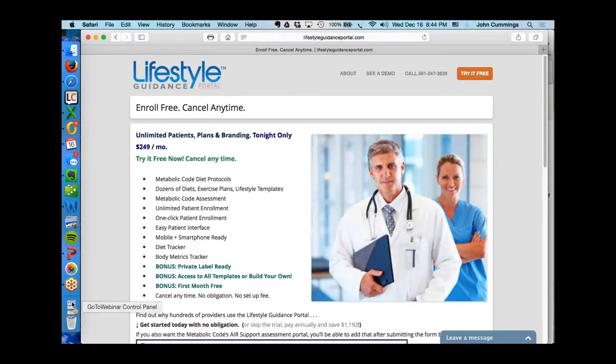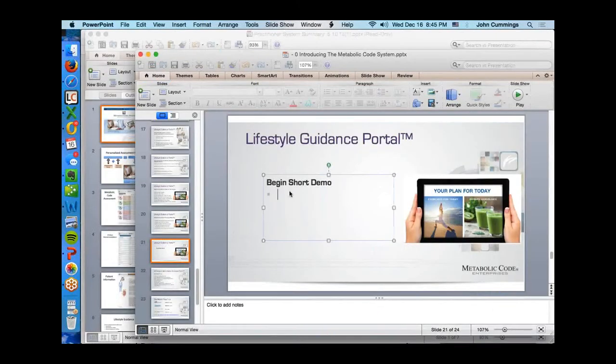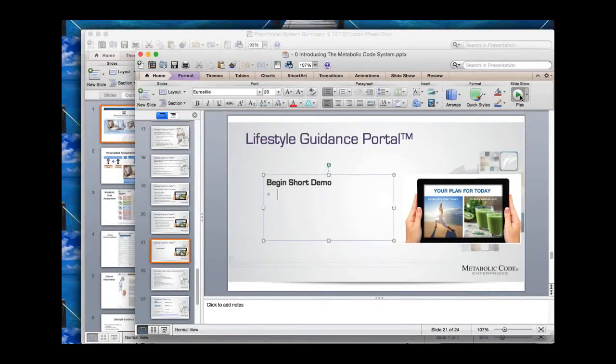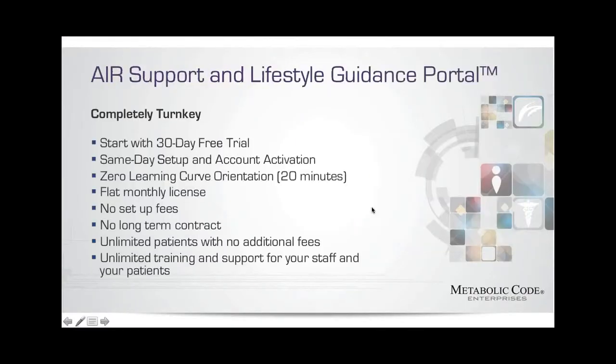in the case of the Lifestyle Guidance Portal, and $199 a month in the case of the Air Support system. Because we're bringing this to you as the Metabolic Code system, we wanted to offer this tonight,